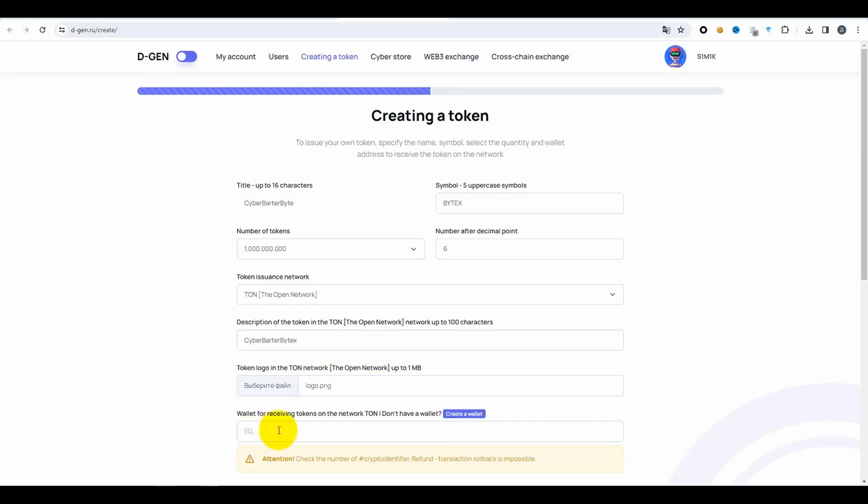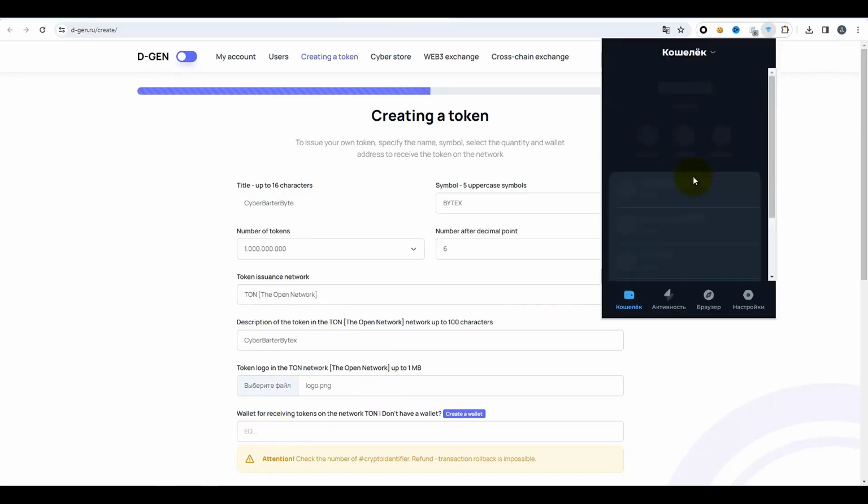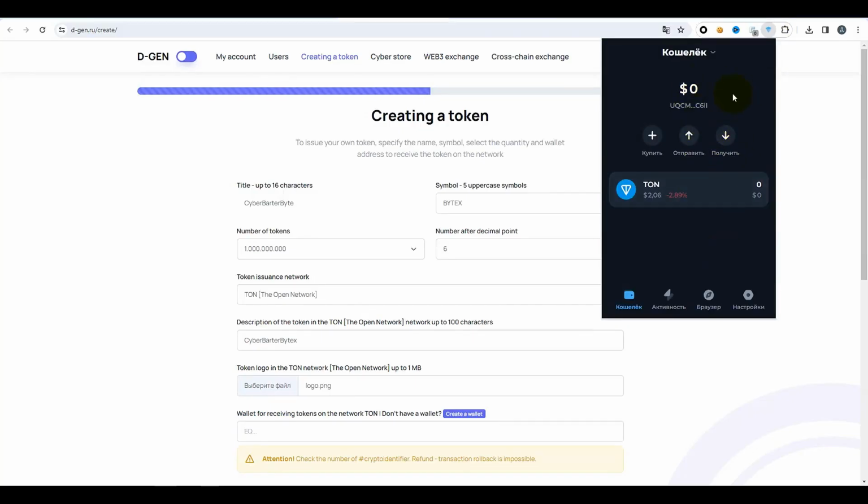And the last field, the very bottom one, is the address of your wallet, a wallet in the Ton network. We get the wallet address from your wallet. I'll be taking this one from Tonkeeper, because I use Tonkeeper. Actually, here is the address, but we see that the hint is set to EQ, while my wallet starts with